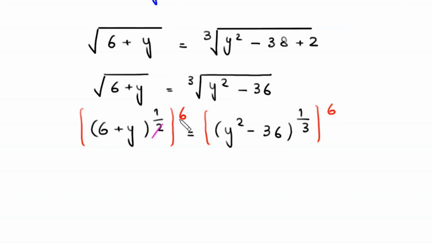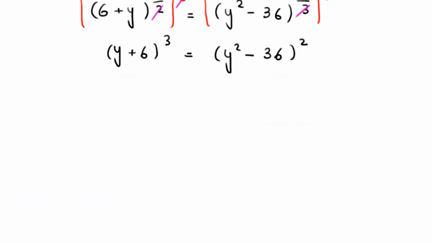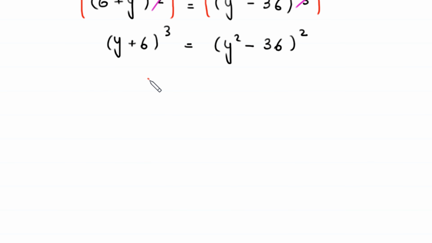So this 2 one time 2 becomes 3 times 6, and this 3 one time 3 becomes 2 times 6. This left hand side will become y plus 6 whole cubed, equal to this right hand side, which will become y squared minus 36 whole squared. Now by using this algebraic identity, a squared minus b squared is equal to a plus b times a minus b, this expression at the right hand side will become